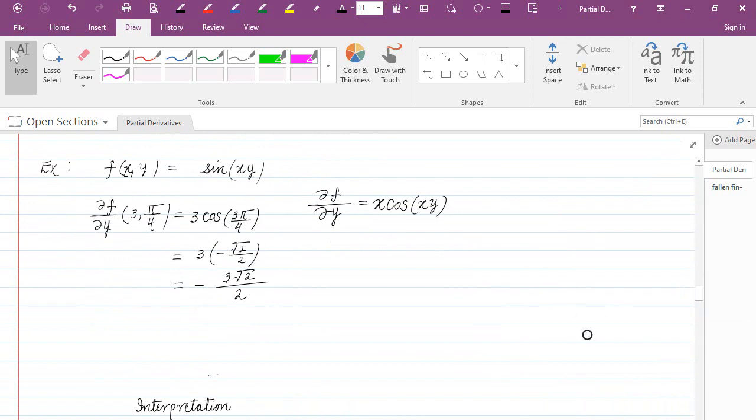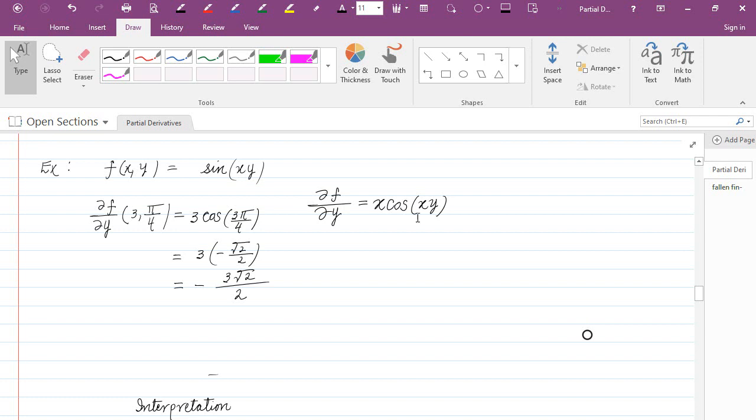Let's look at the function f of x y is equal to sine of x y. The partial derivative of f with respect to y evaluated at 3 comma pi over 4. Okay, so what's the partial derivative of f with respect to y? Well, when we take the derivative with respect to y, we assume that x is a fixed constant factor here. So then think of x as like, imagine that x is like a c, a constant. Well, then the derivative would be